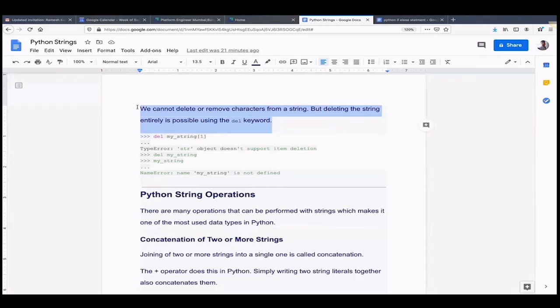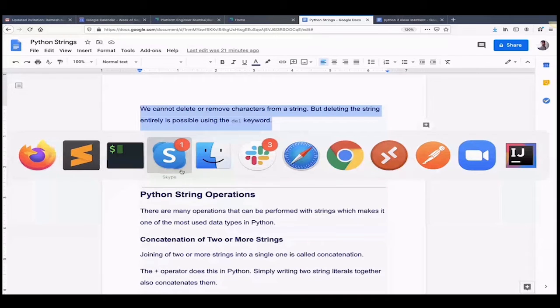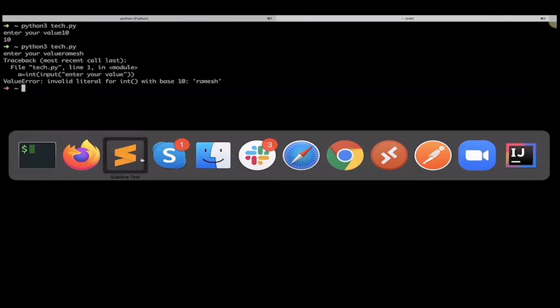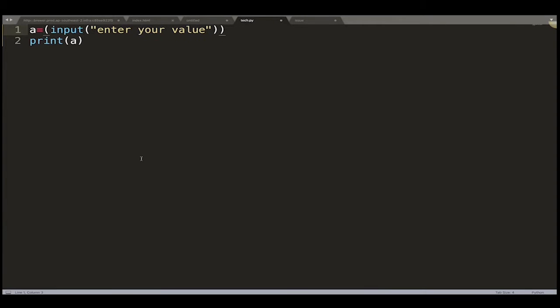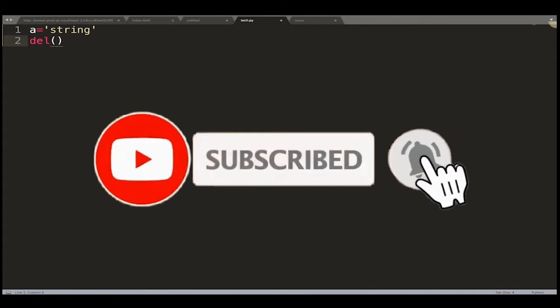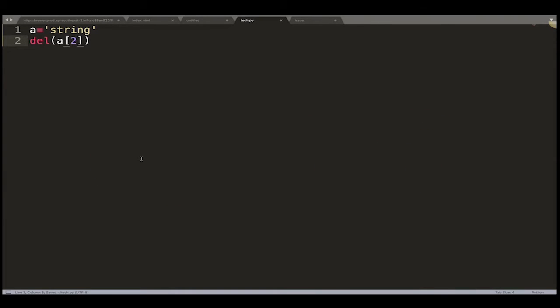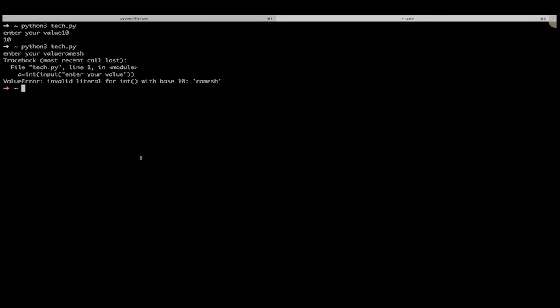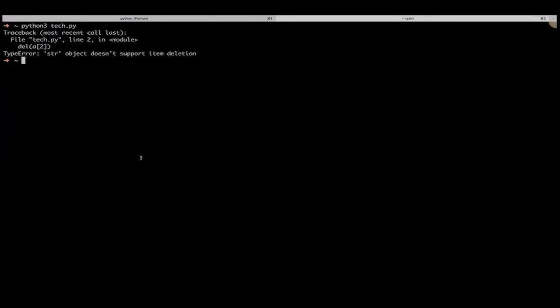This question is asked: let's suppose a is equal to a string, and if I want to delete the second character with del a, it will not delete, and it will give an error. That error is TypeError: str object doesn't support item deletion.